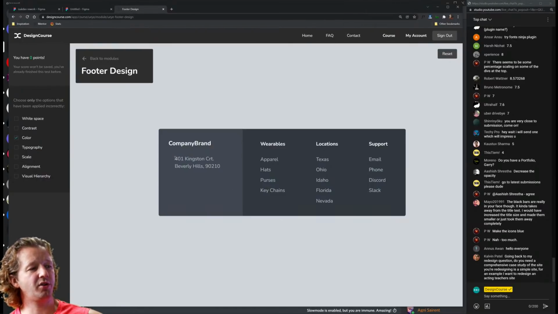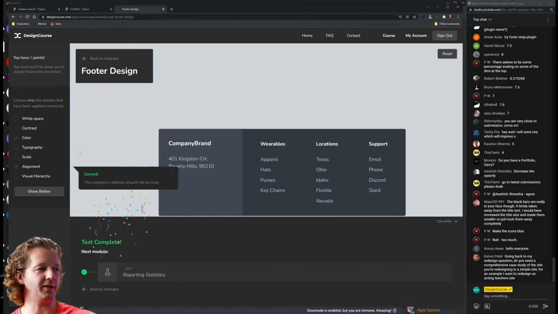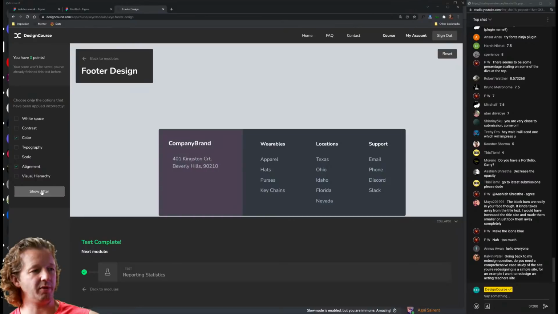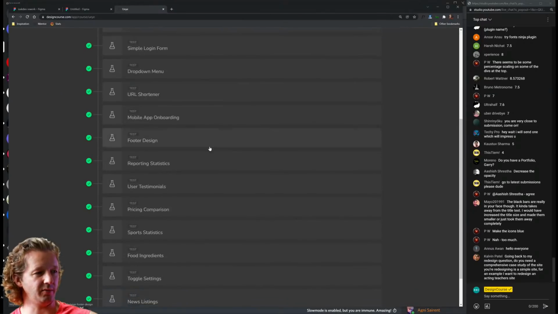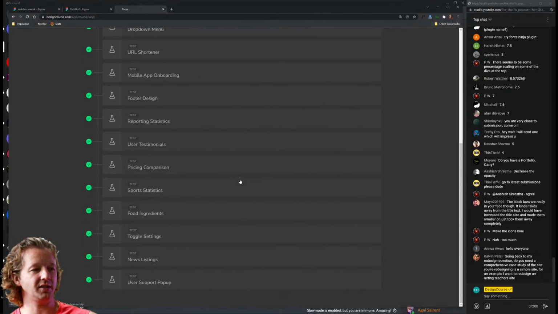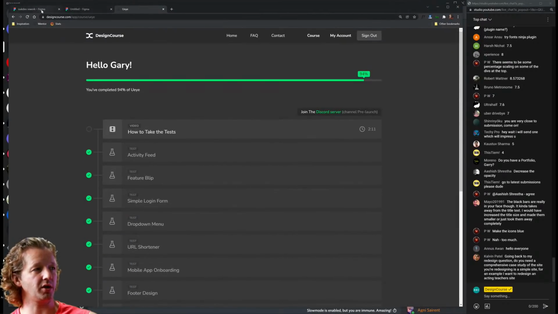Well, it could be one of two things. I think I have to fix this test because sometimes it could be ambiguous or a little bit subjective. We could say there's too much white space right here or just bad alignment. So what did I say? Yeah, bad alignment. So I'll get rid of white space as an option. And so now we can see a before, and then how do we fix it? By fixing the color and the alignment. And so there's tons of these tests. This is a free version, but we have dozens upon dozens of other ones in the main curriculum.